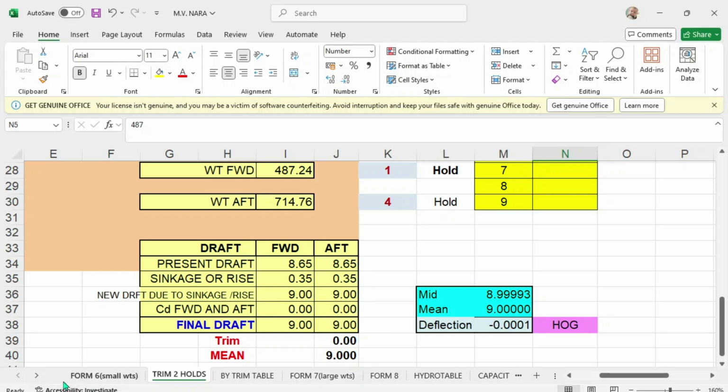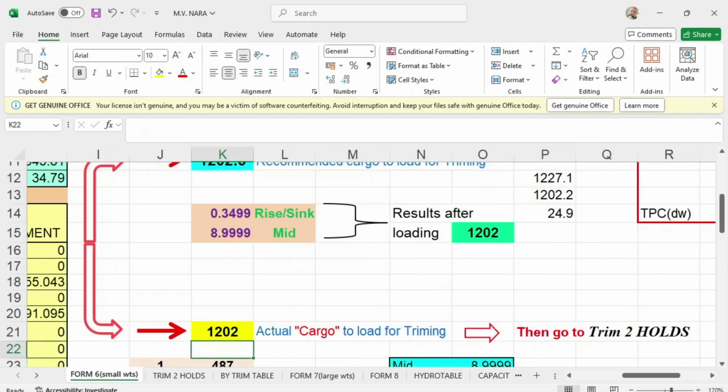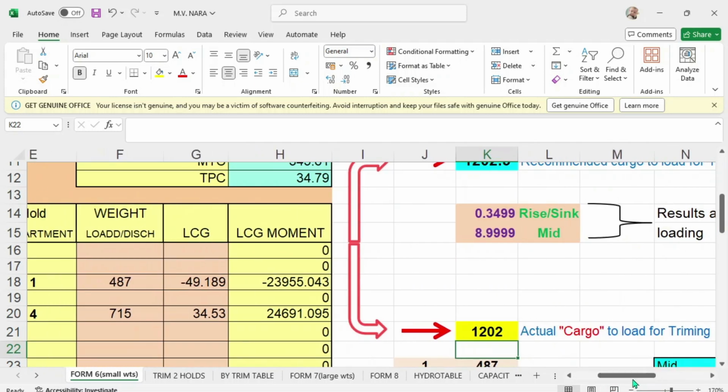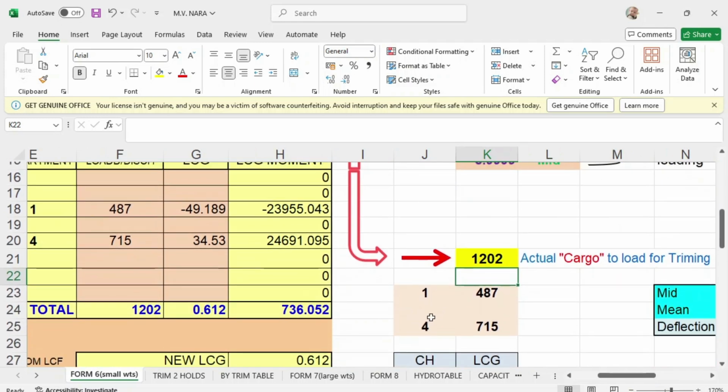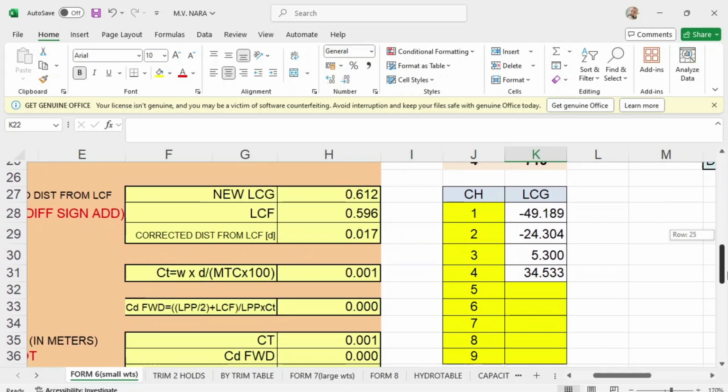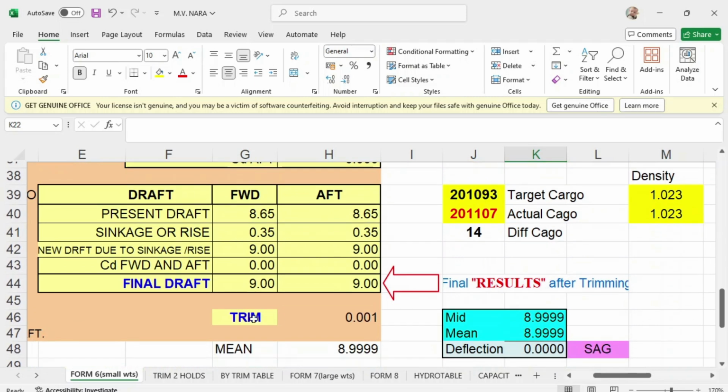Okay, so let's go back to form 6, back to the original. When you load number 1 of 487, it's the same with this one, and number 4 is 715. You have here 715, and your departure draft is 9 meters, 0 trim, mean is almost 9 meters, and you have 0 deflection.